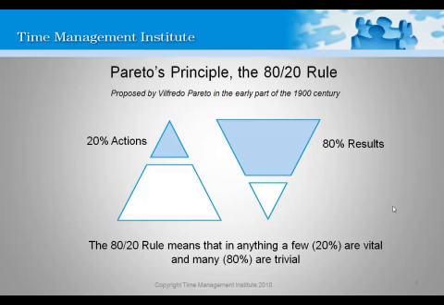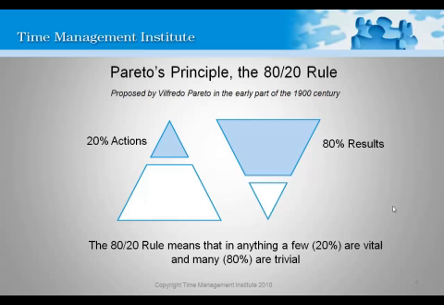Now Pareto's principle, or the background, goes back to the early 19th century with Vilfredo Pareto, who was an Italian economist, and he did some research into property ownership in Italy. And he established that 80% of the property in Italy was owned by 20% of the population. As an economist, obviously that meant something, and further research into different areas established this 80-20 rule seemed to roll out into a number of different areas of our lives.